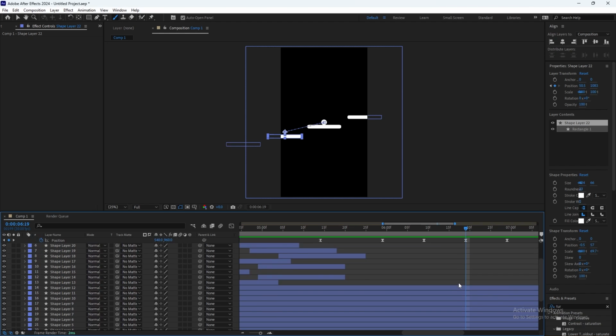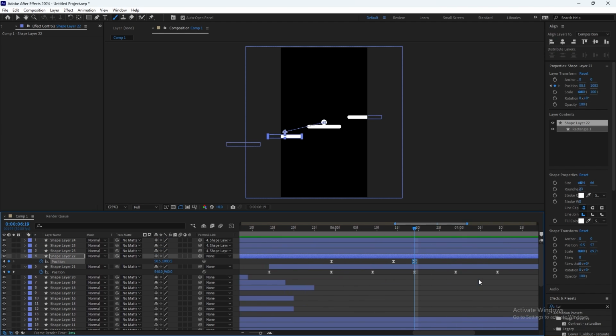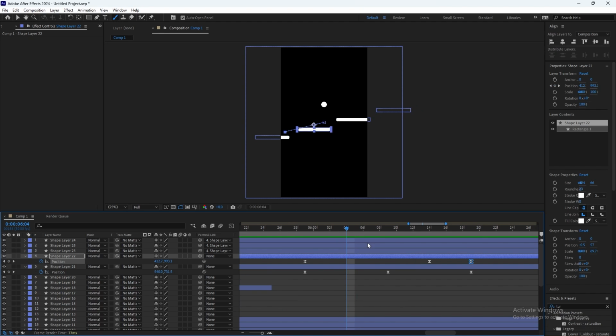Position 17. You know what, maybe we will go to the middle one. 1 2 3 4 5, make it here, and then 1 2 3 4 5.